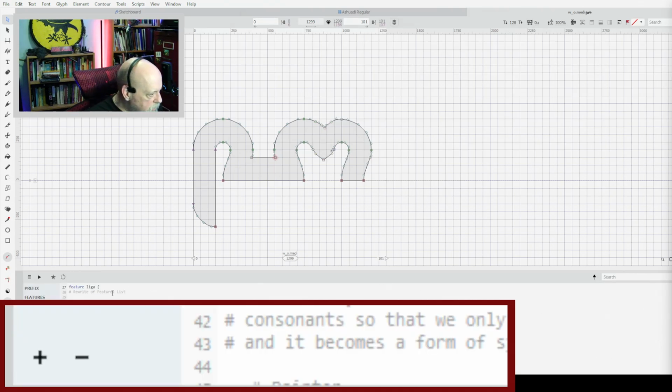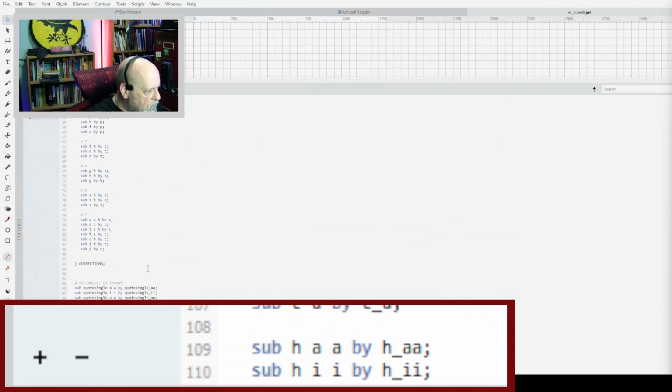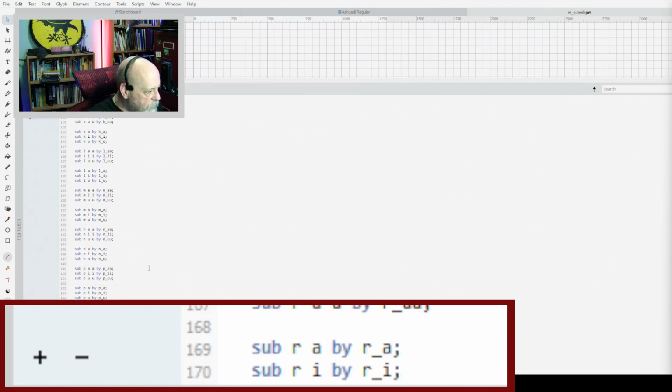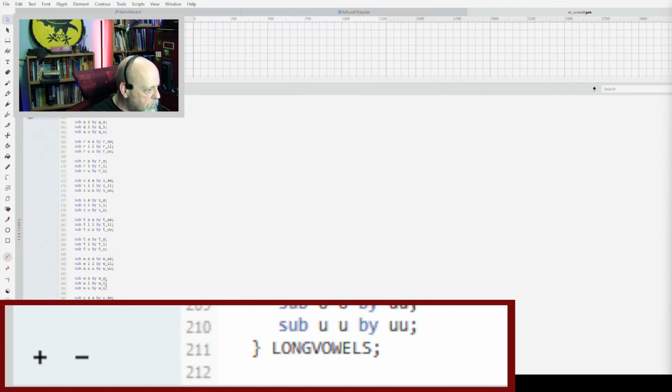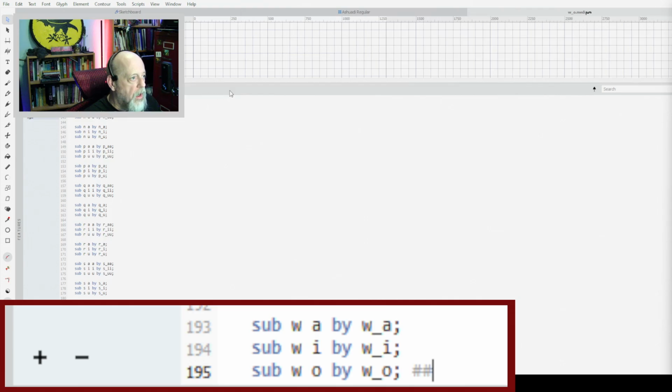So we go to here, drag this up out of the way, and syllable CV by format, come down and find W. And I like to keep it all in order just to make it easier to find things. Sub WO by W underscore O. And I'll throw a hash mark at the end of that so I remember which one I've edited. Doesn't really matter. Then we will compile that.